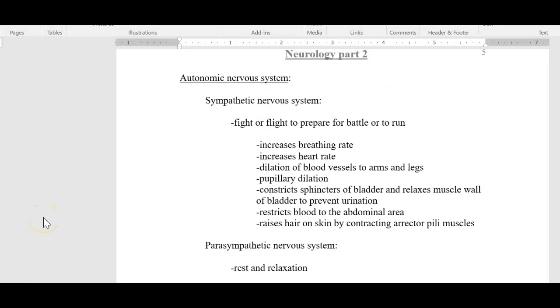So let's take you through a visual journey. Let's say you are going to grandma's house and you have your basket of goodies and the big bad wolf jumps out at you. So what's going to happen? You're going to get a fight or flight response, or sympathetic response. You're going to increase your breathing rate. Your heart rate is going to go up. The blood vessels in your arms and legs dilate and are going to feel tingly, and your pupils are going to dilate. You had to go to the bathroom before, but now you don't. Suddenly you're no longer feeling hungry, and the hair on your arms raises, and you break out into a run, and you run all the way to Grandma's house.